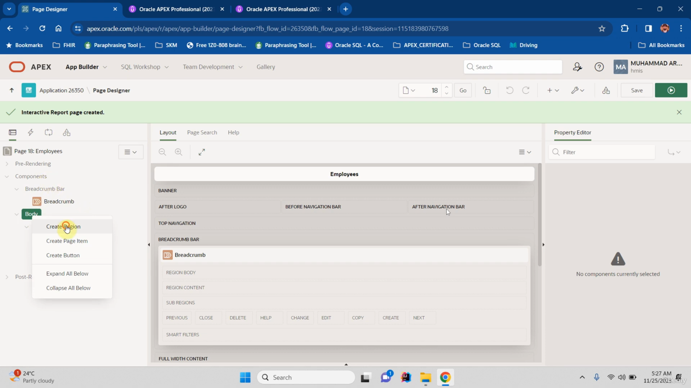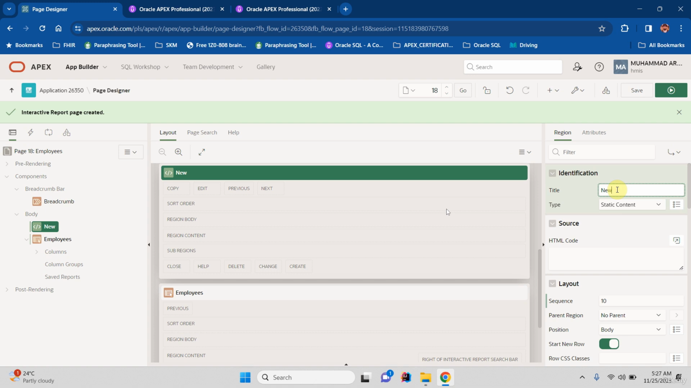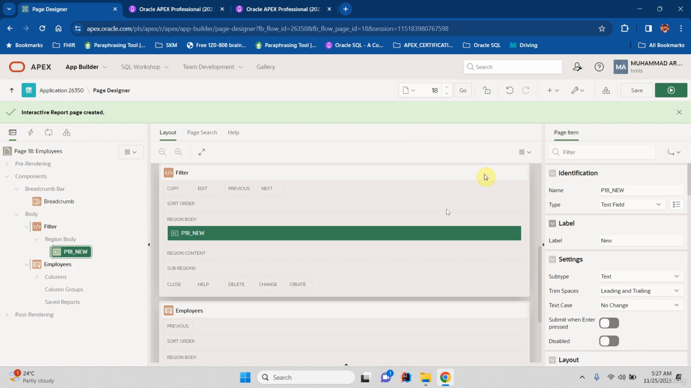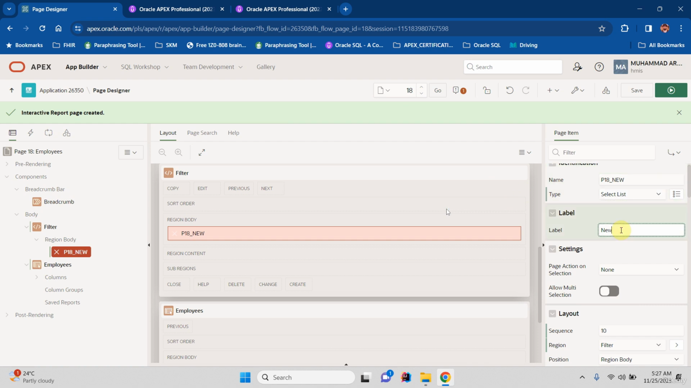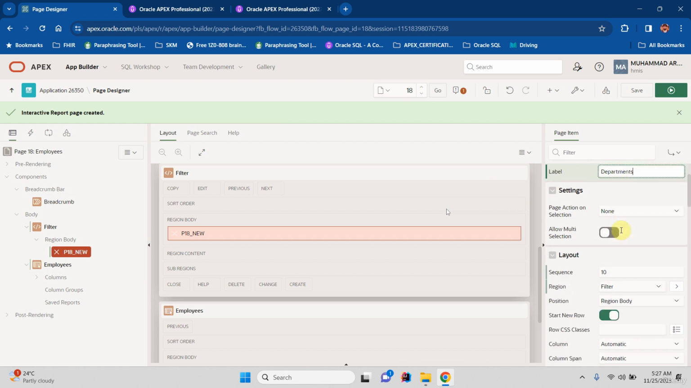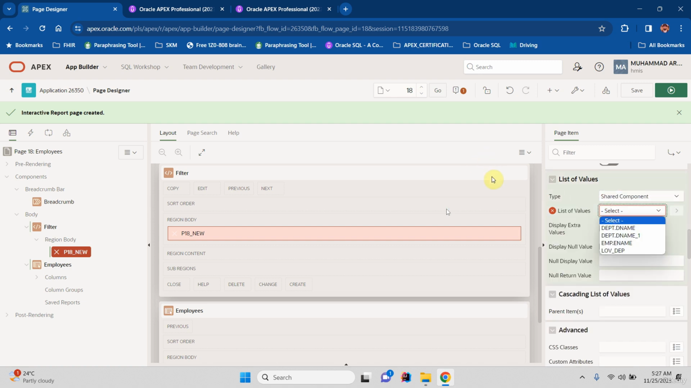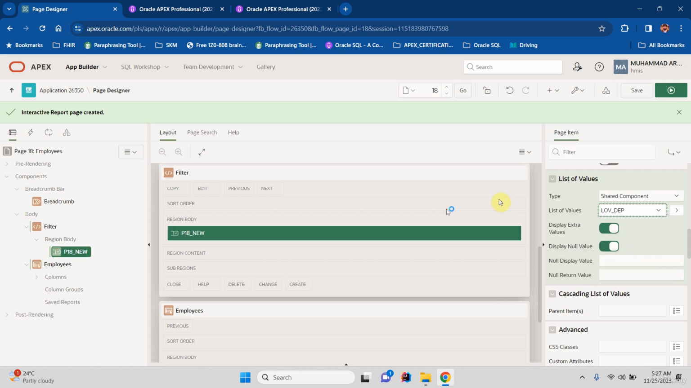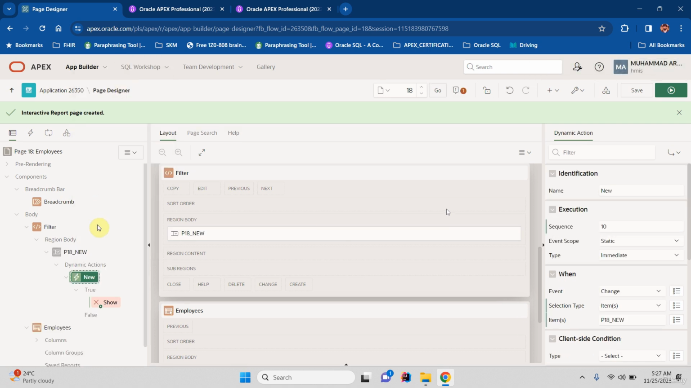Now click on body and create a new region. Drag this region to above employees region and rename this region to filter, and create a page item, change its field to select list and change its label to departments, and here select list of values from shared components, and here we have LOV department. Save. Now right click on this department's LOV and create a dynamic action, and name the dynamic action refresh region,